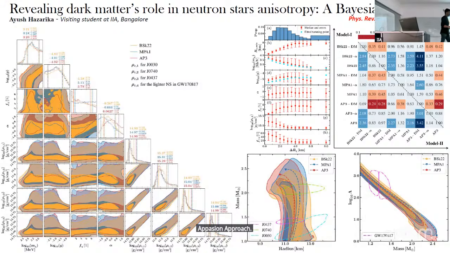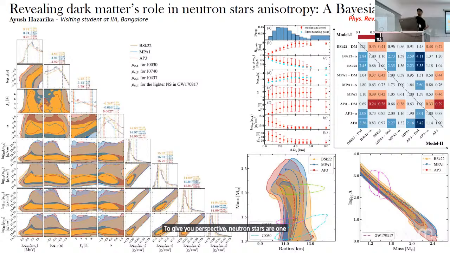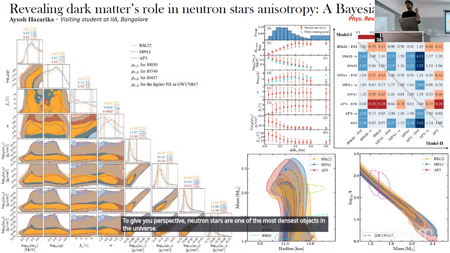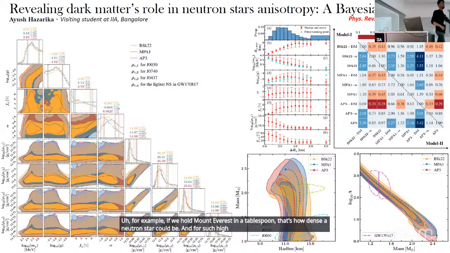Have you all ever wondered what will happen if dark matter is trapped inside a neutron star? To give a perspective, neutron stars are some of the densest objects in the universe. For example, if we hold Mount Everest in a tablespoon, that's how dense a neutron star could be. And for such high density, there is a degeneracy pressure inside the neutron star, which acts against the gravitational force